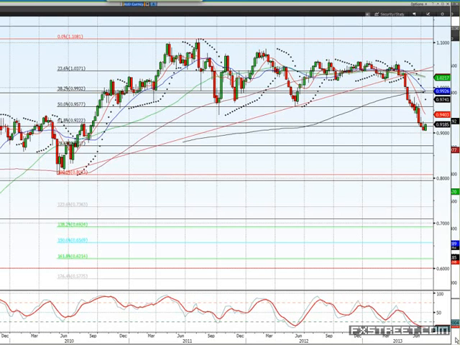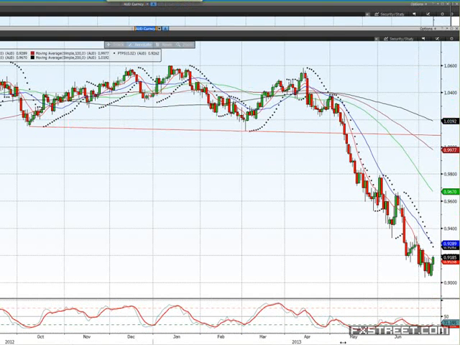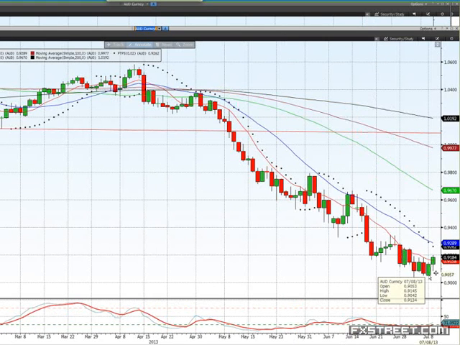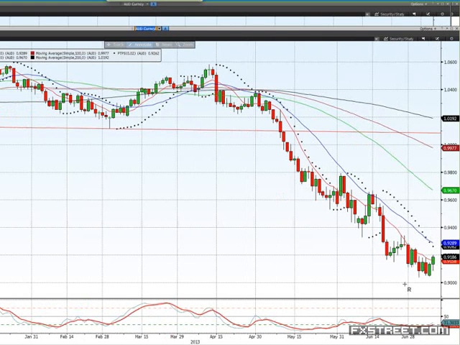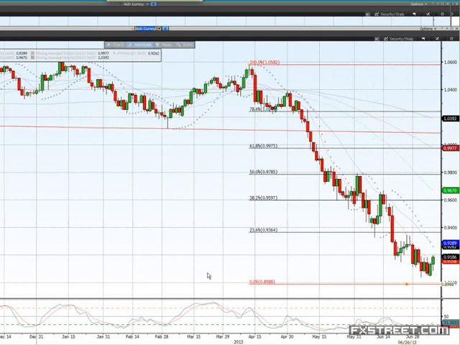Daily chart got very oversold. And the last few days we've just been heading sideways, but yesterday's candle was quite positive with the higher close, and today we're pushing higher again. So today we're just trying to break above the high of the last 3-4 sessions, which is around the 91.80, 91.90 area. We have managed to get as far as 91.99. So let's see where we close tonight, but I've got a feeling we might be able to push above that 91.90 area, close above there, and that then might set us up for a correction at least. Again, I'm not saying any major bull run, but a correction at least just to ease that oversold scenario that we've got there at the moment.